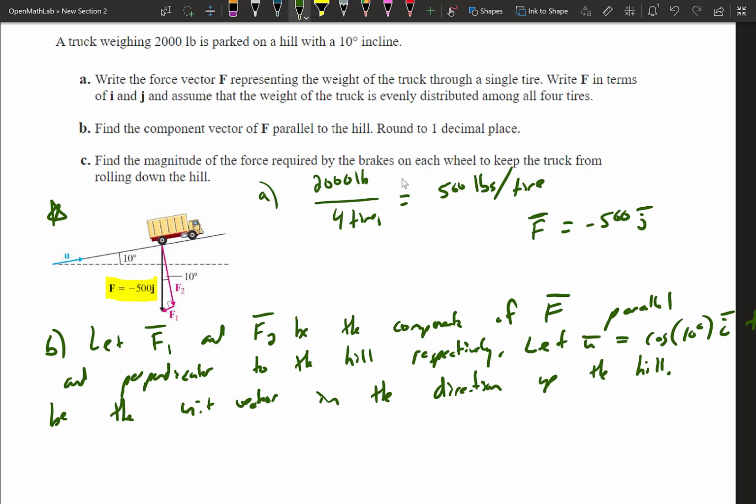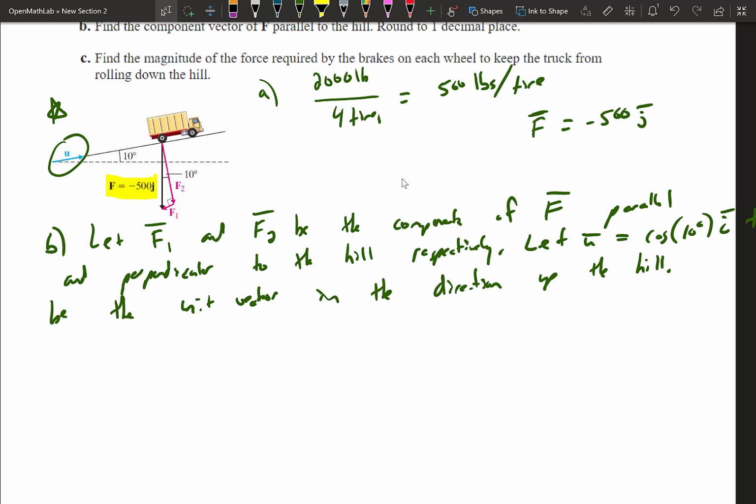So that's this vector u here, that's drawn. So then what that allows us to do is to say that vector f1 is going to be equal to